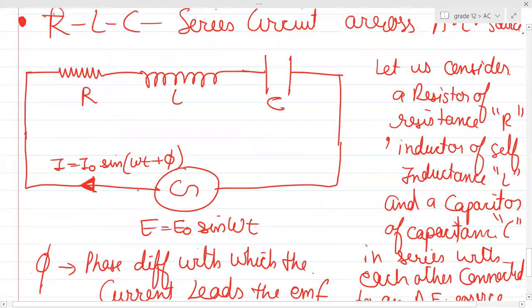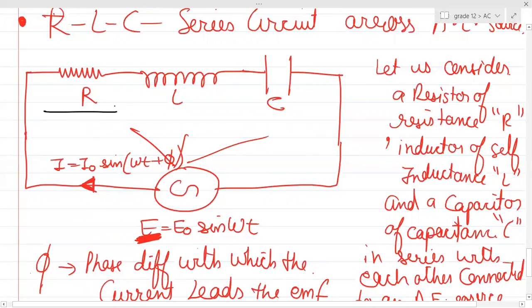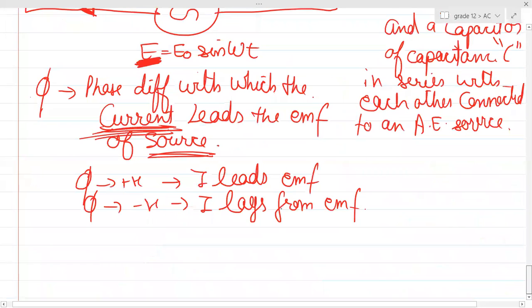Now, do you remember whenever you have an EMF across this particular thing, since they are in series, current will remain the same, and EMF will divide. So this EMF, please remember, divides into three components across the whole circuit. Let's say the potential difference across the resistance is VR, across the inductor is VL, and across the capacitor is VC. So since the EMF of the source